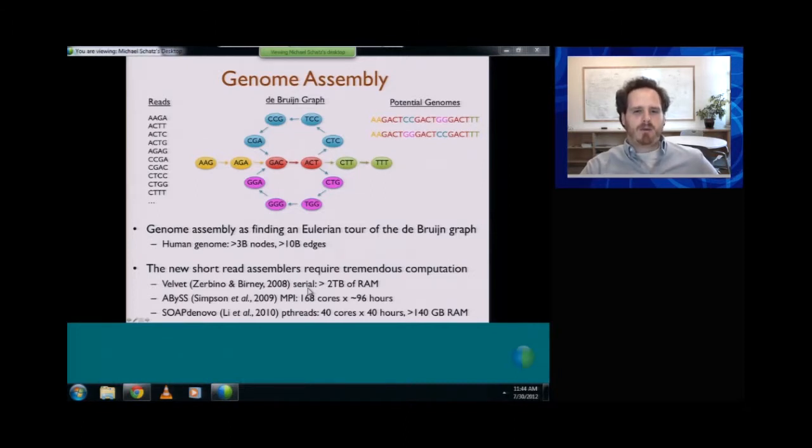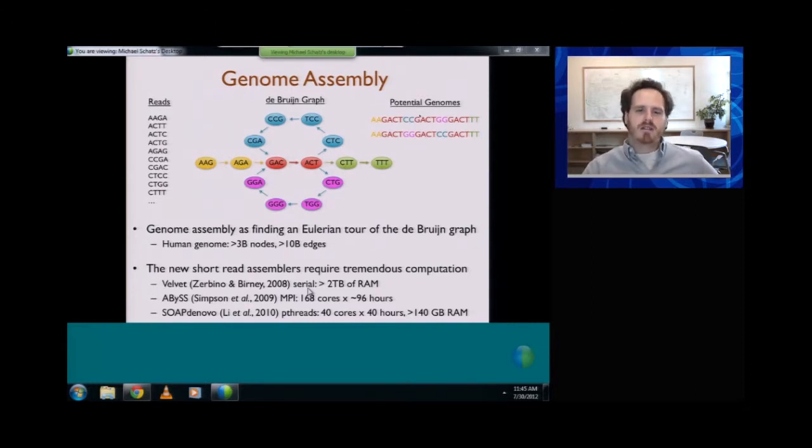And then we want to be able to perform various simplifications on this graph to spell out what the possible genome was. Notice there are two possible tours through this graph, one that goes through this top loop, then the bottom. There's another tour that goes through the bottom loop and then the top loop and then out. So in this particular graph, there are two possible genomes that could be spelled out. There's other information that we often have, that I didn't describe, that will help us decide which of these two reconstructions is the correct version, which of these two is the actual true genome.